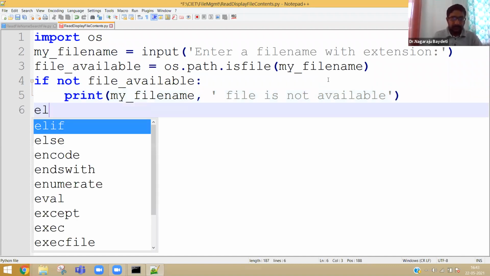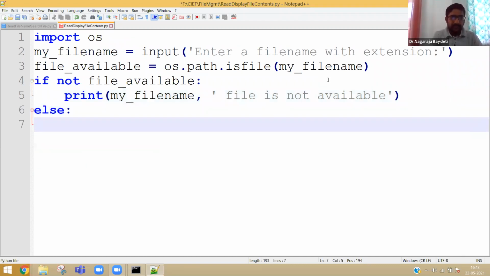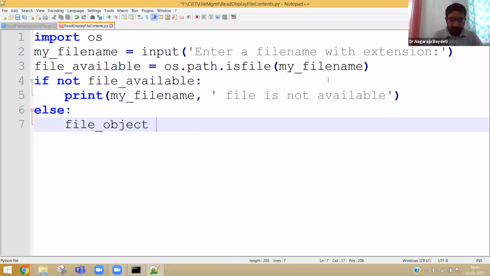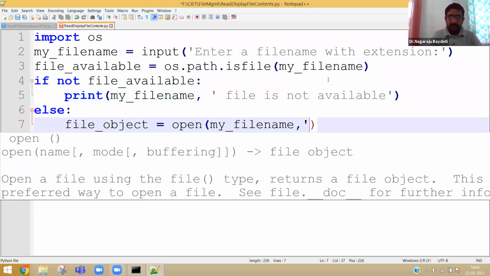Else, then you can say file object is equal to open. Which one you have to open? The file name which is stored in my file name, in read mode.